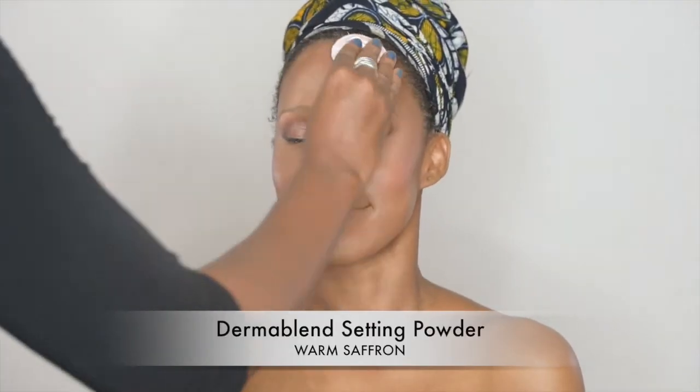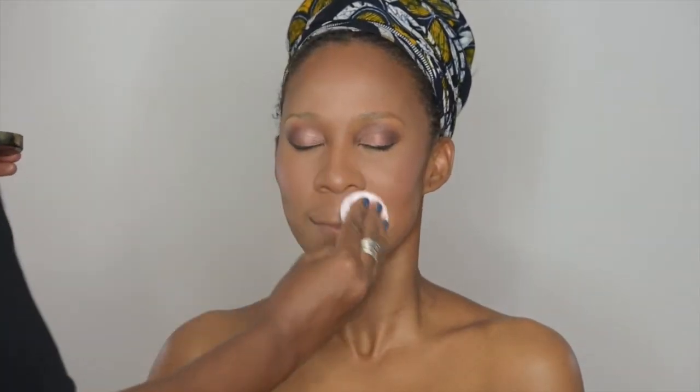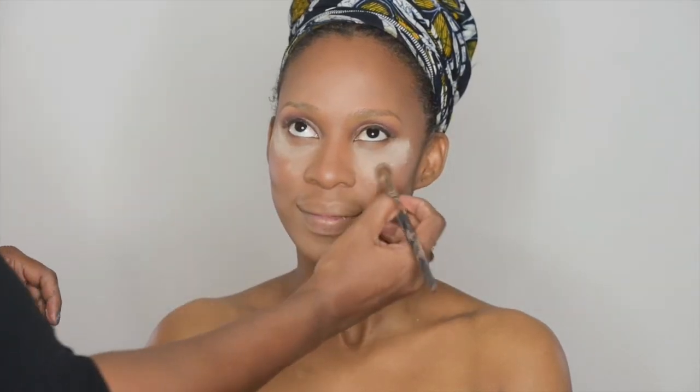And finally, I'm setting the outer edges of Joanna's face with Dermablend setting powder with a powder puff, because we want that product, especially for us hot climate girls, to stay put. I've applied a generous amount of powder under Joanna's eyes to serve as a spill catch, that is, to catch any fallout from the eyeshadows, and to bake, what we call baking, to sit and set for a while